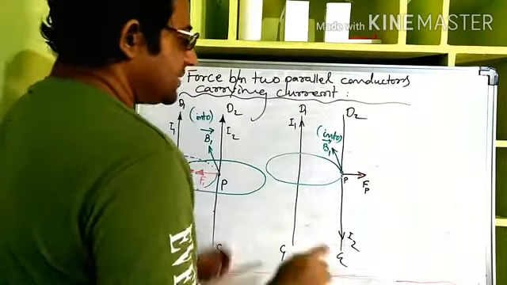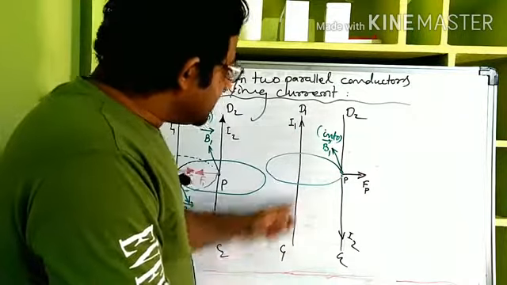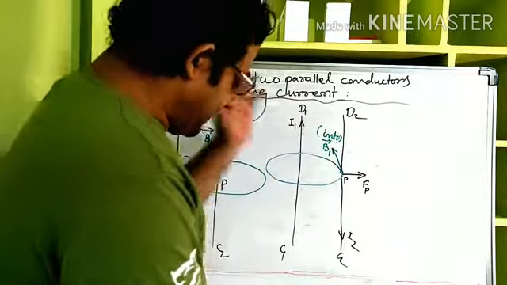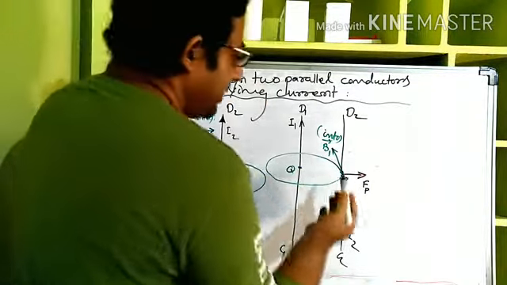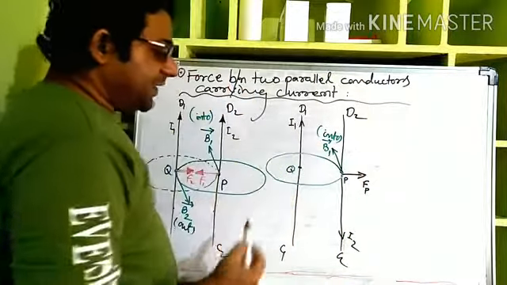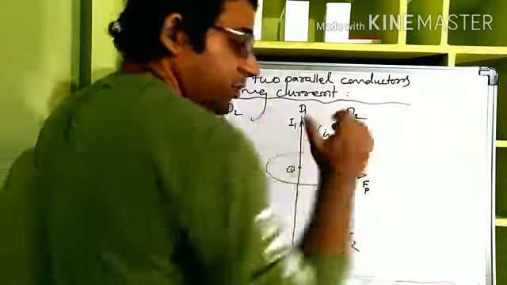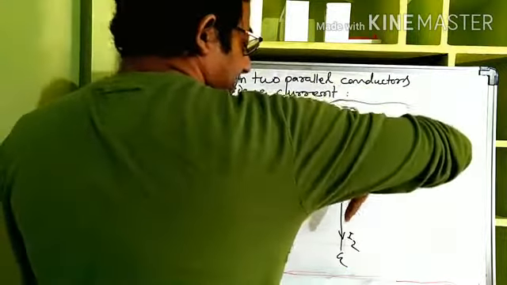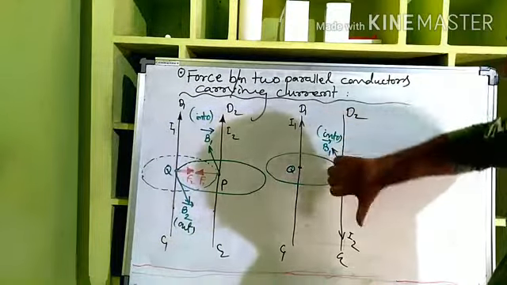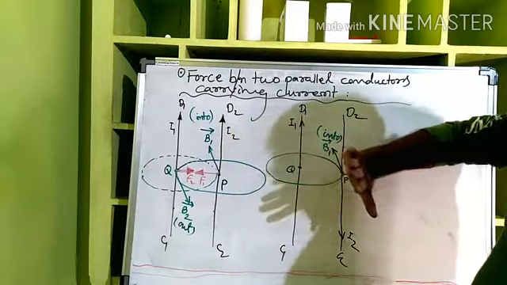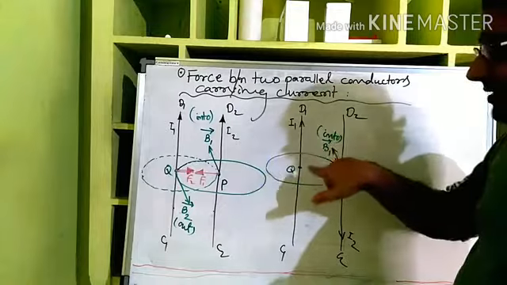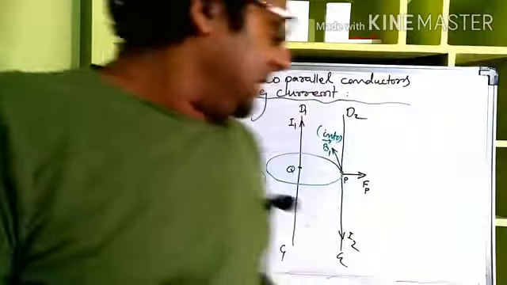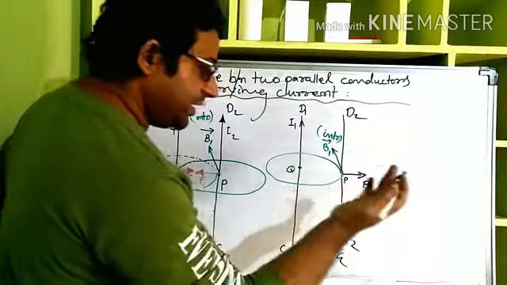Now, similarly, what is the force experienced by C1D1 due to the I2 current? For that we imagine a point Q here. Due to I2, what is the magnetic field at Q? Now see, right hand thumb rule: keep the thumb along the direction of I2. Is it visible? Keep the thumb in the direction of I2 and curl your fingers. Whatever is the direction of your fingers, it is into the board. That means the magnetic field induction at Q due to I2 is into the board.